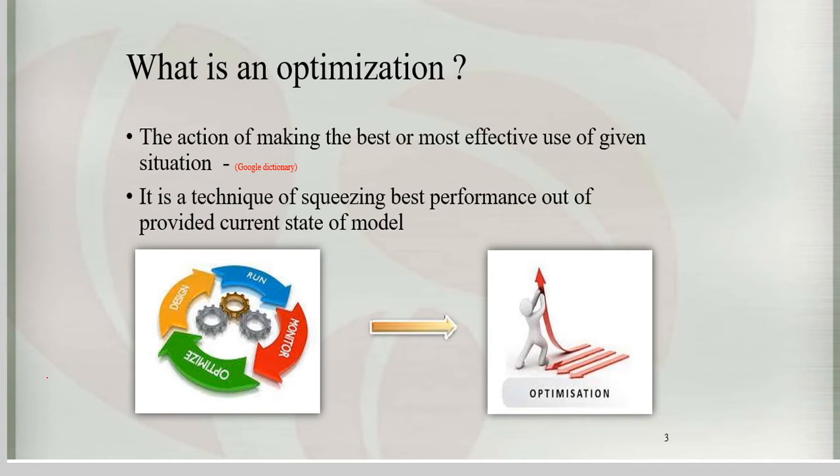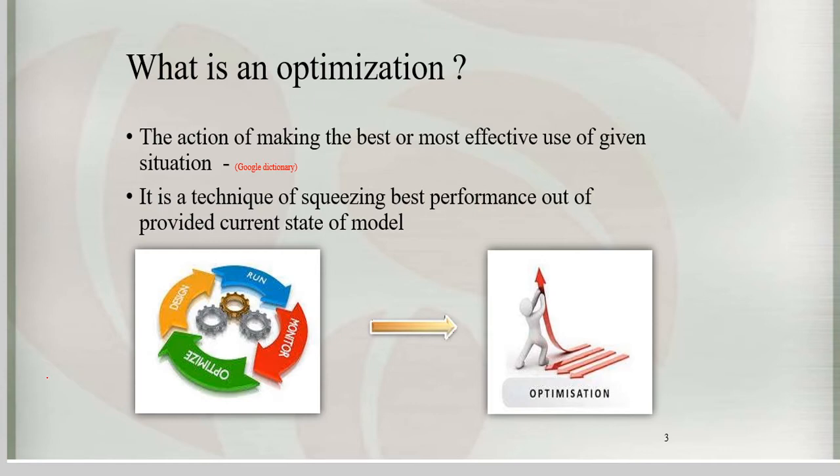When you talk about optimization, it is the action of making the best or most effective use of a given situation. If there is a real-time problem, for that problem we want to find the best solution, or the solution which is most appropriate to the problem. For example, if we want to go from one place to another, there will be different paths or routes through which we can reach the destination. Instead, if we try to find the best route or the shortest route out of the available routes, that will be the